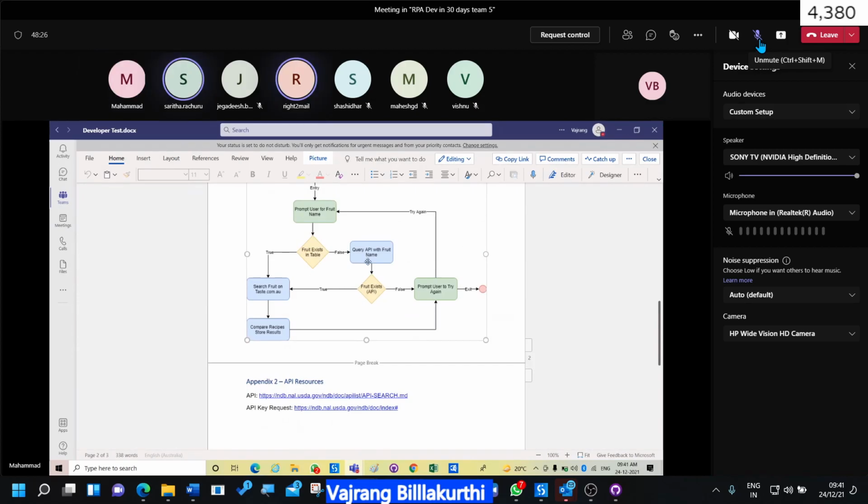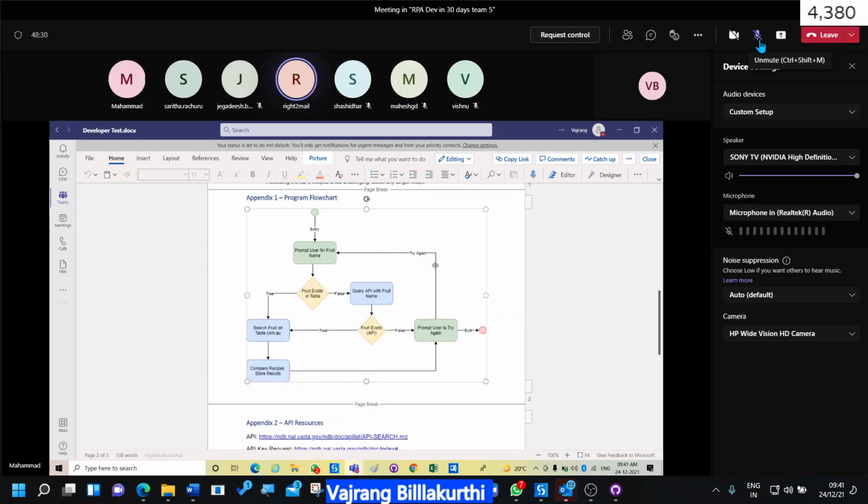Yes, Mohammed, you are getting confused about when the fruit does not exist. When it does not exist, it will go to the false statement. There we will do the API, and again in the API we have some conditions. Just check those conditions in the document.